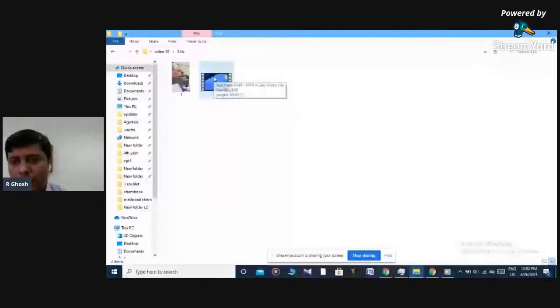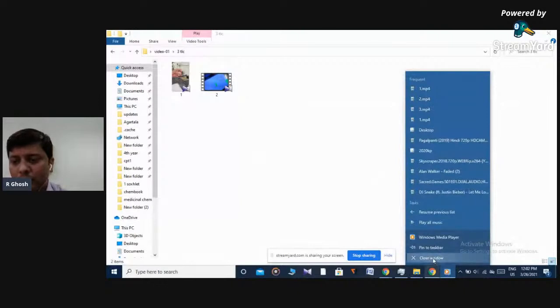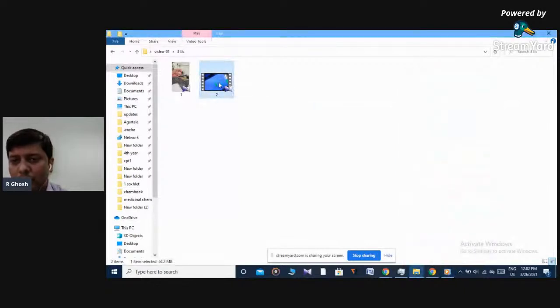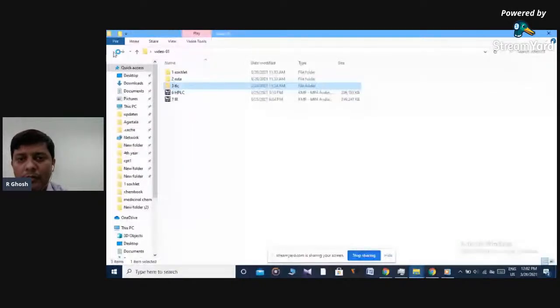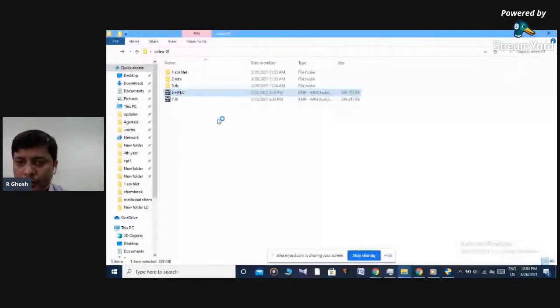So under UV, so the next one is HPLC. Once it has been developed, we are trying to